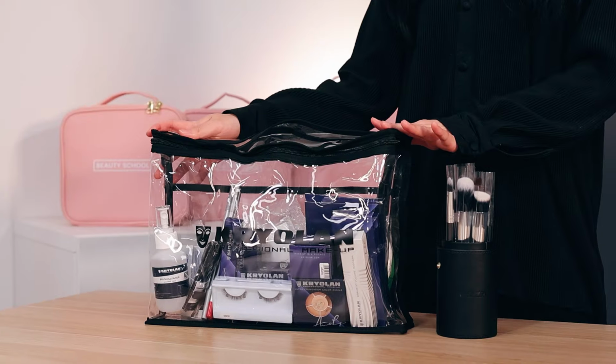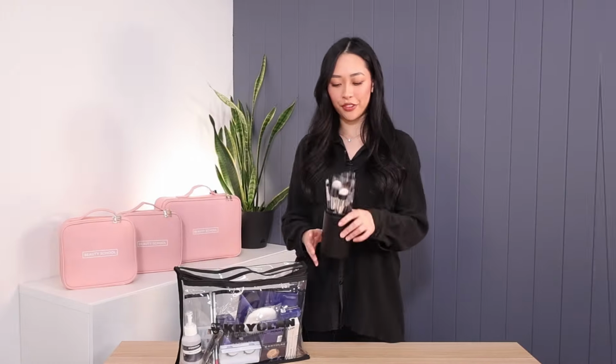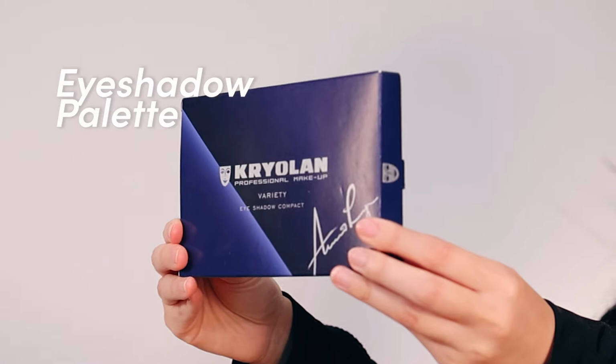Makeup Artistry. Here we have some Kryolan products. They are hypoallergenic and are high quality products which will be staples in your makeup kit. Let's jump right into it. First we have some makeup brushes. We've got an eyeshadow palette,